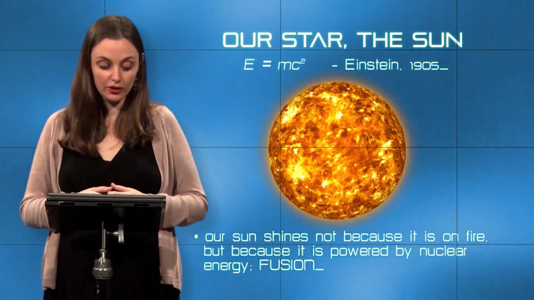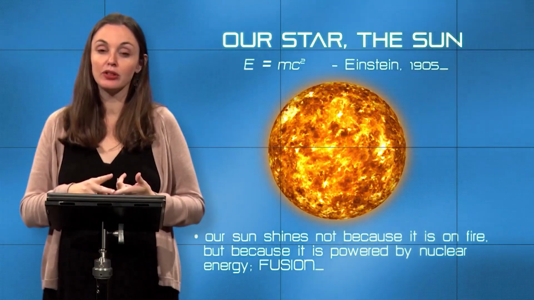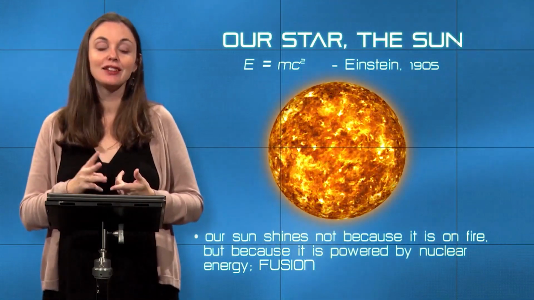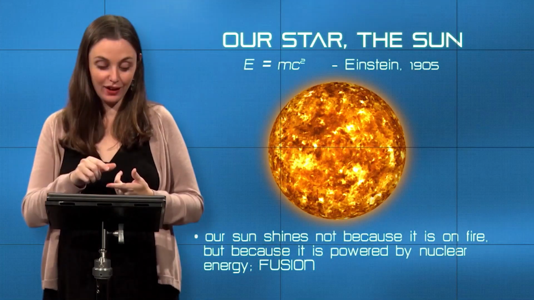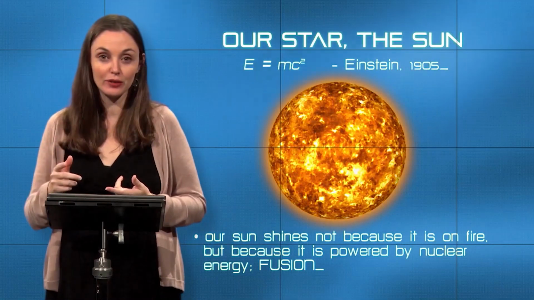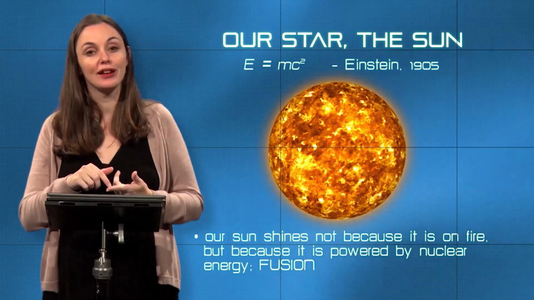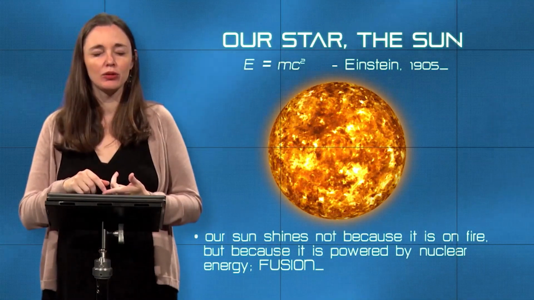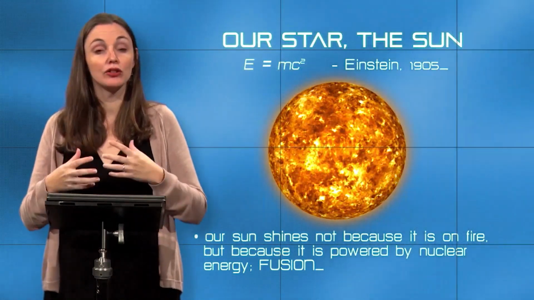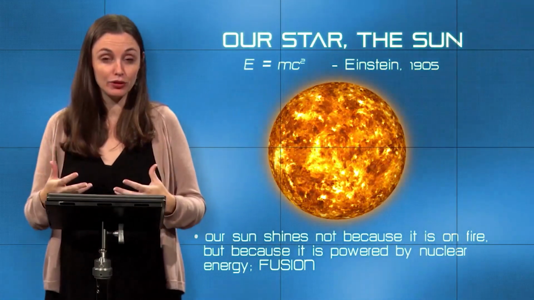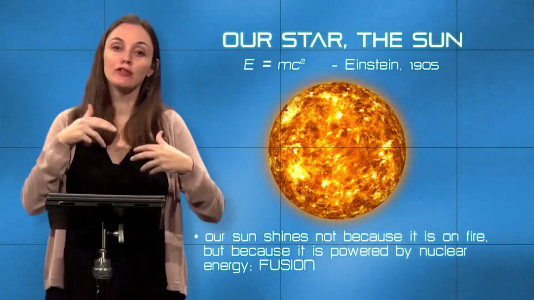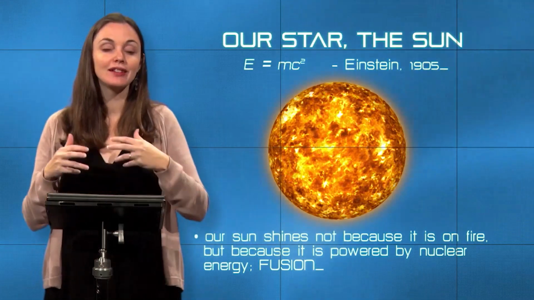So the way this works is that E stands for energy, M stands for mass, C stands for the speed of light, and that is a constant that's squared. Right? So what that means is that as mass moves around extremely fast under very, very high temperatures, that mass can be converted into energy. And that's exactly what happens.